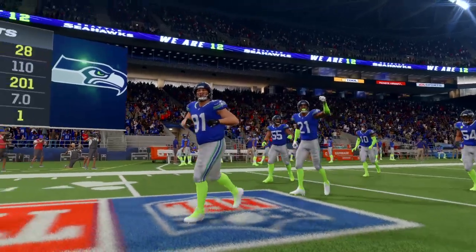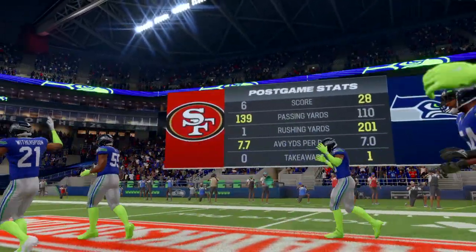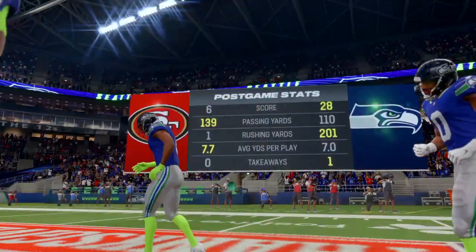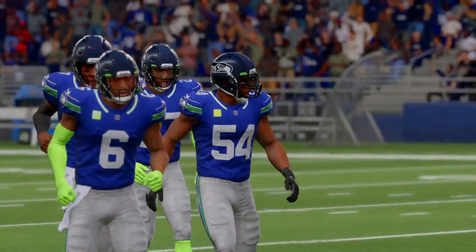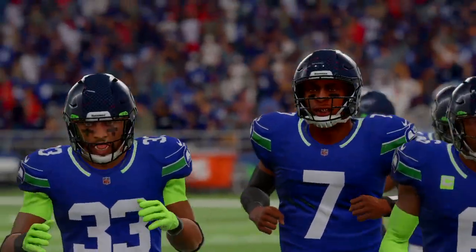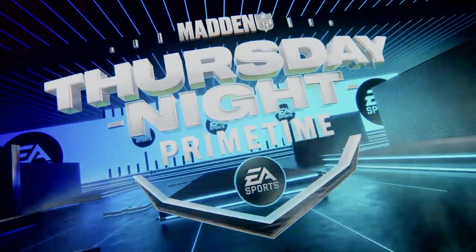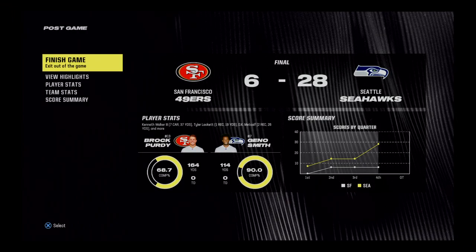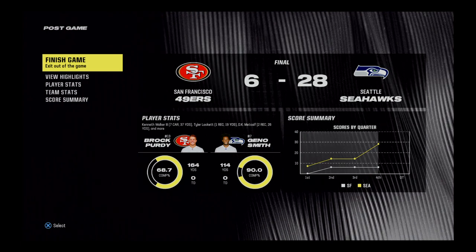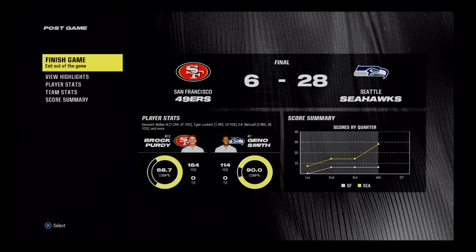It certainly did, and you're exactly right. Whether it was an adjustment, whether it was just more focus on what they planned to do going in, whether they just played better, whatever it was, it all came together in the second half, and no points were allowed. That's a great way to close them out. So for the Seahawks, they get win number 10 on the year as they move to 10-1. And now they get the weekend off as they get a little extra time to prepare to face the Dallas Cowboys. Meanwhile, for San Francisco,